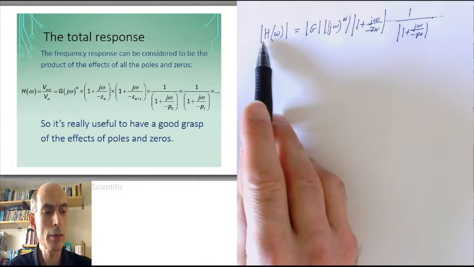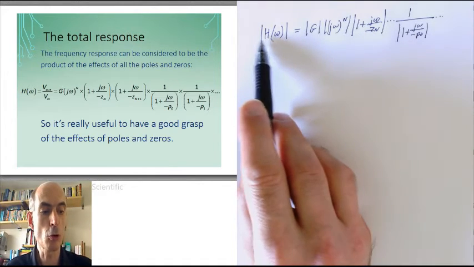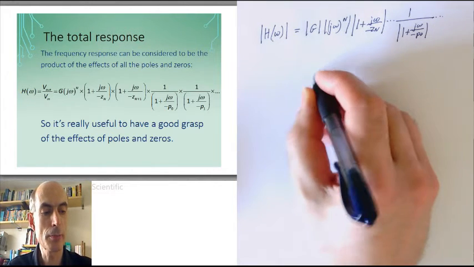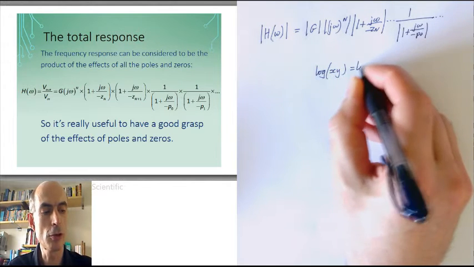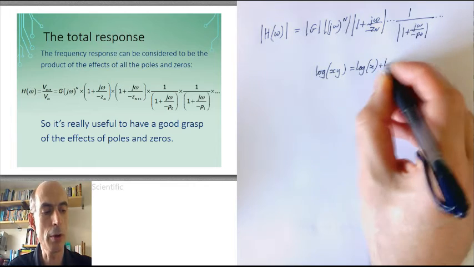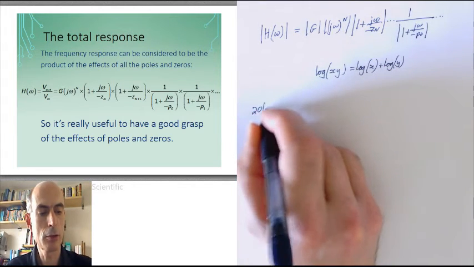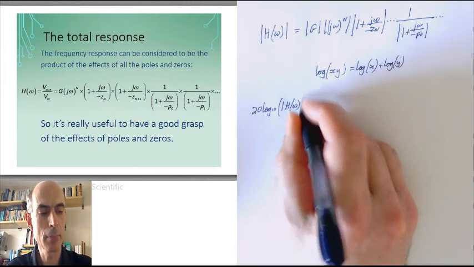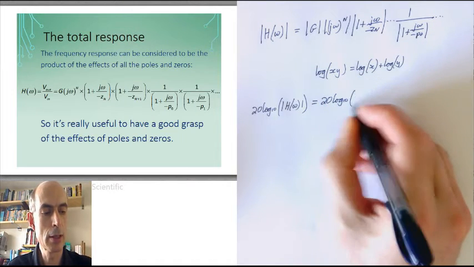If I then convert this equation to an equation in terms of decibels by taking 20 times the log to the base 10 of both sides, and use the useful fact that the log of x times y equals the log of x plus the log of y, then we would end up with 20 log 10 of the modulus of H of omega is equal to 20 log 10 of G,